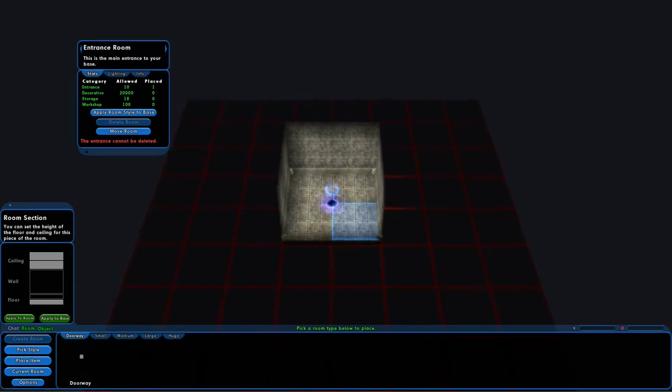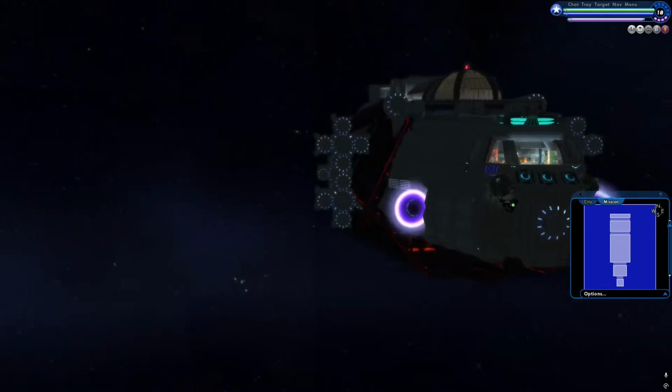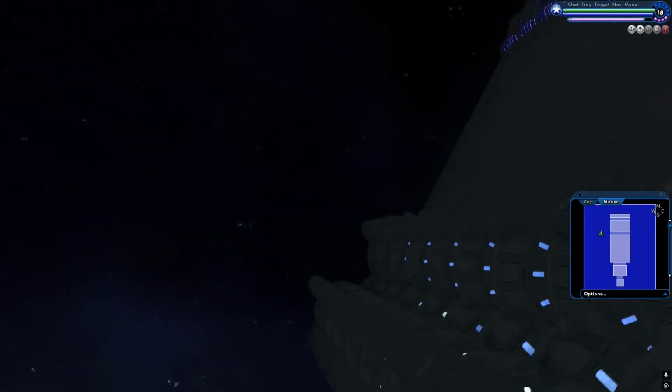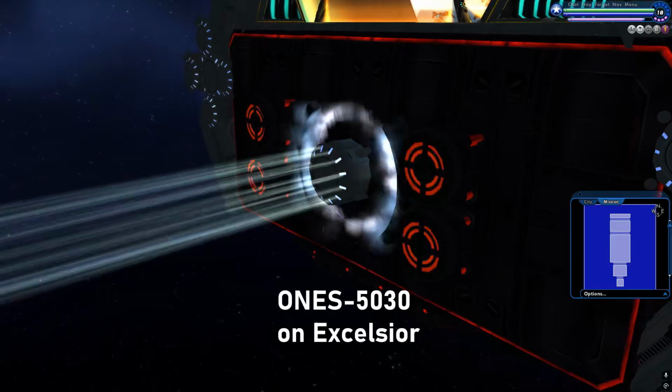Sometimes you might want to place items outside of the base walls, or the editor is telling you that you can't place an item as close to the wall as you'd like. You might want to disguise the walls so that they can be viewed from outside the base as something other than a base, such as when you'd like to make a spacecraft without having a base looming overhead or laid out visibly below. The technique I'm going to show you is one I figured out when making the spaceship ONES